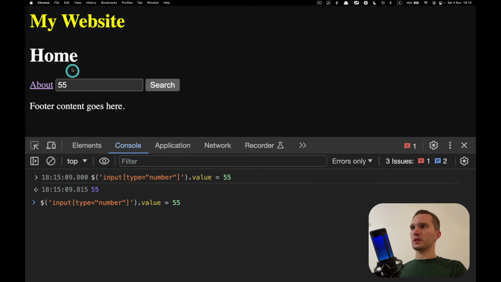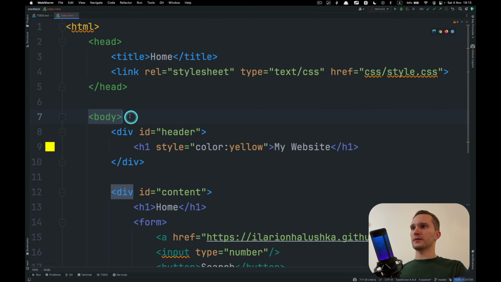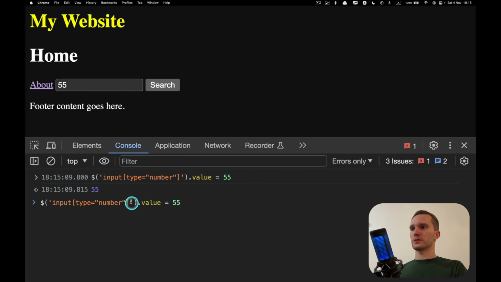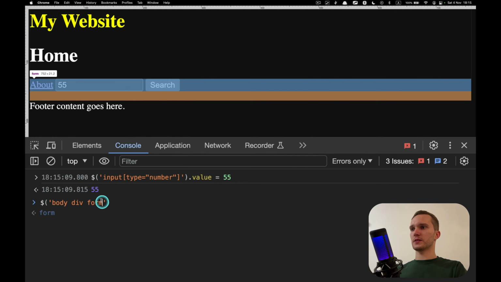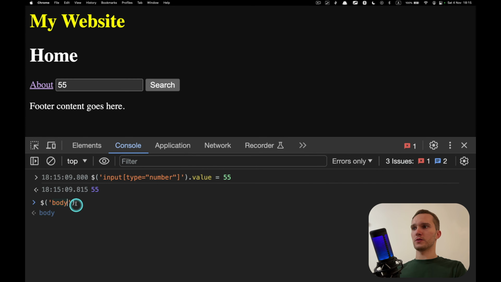We can also set here, let's check what we have in this HTML. So remember, we have body, then body has a child content. So body, then this div, then form: body, div, form. Remember this, body, then div, and then form. Okay, let's do this. Body, div, form. Okay, so we just selected the form. So we are navigating through this DOM tree. Now we selected body. Body is basically all your content on the web page.